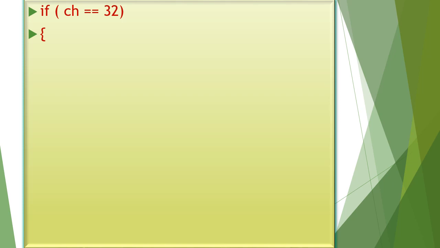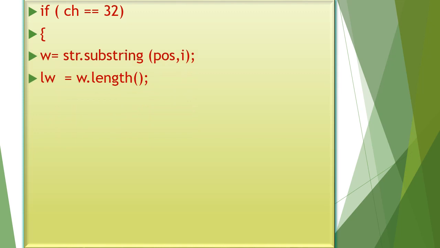And then we check the value of ch. If ch equals 32, 32 is the ASCII code of the blank space. If ch equals a blank space, that means one word is over.